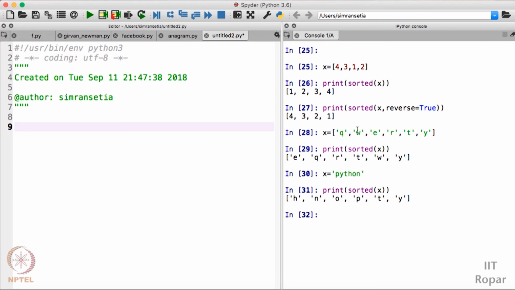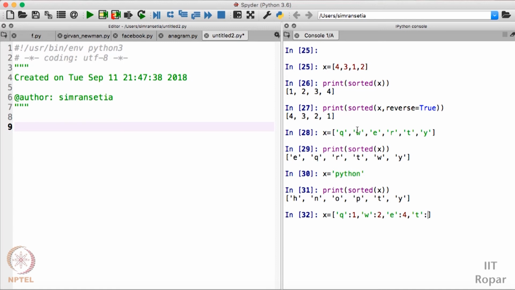And I hope that you're already aware of dictionaries. We can also use sorted to sort a dictionary. So how can you do that? I'll take a dictionary here and again name it x. So I'll write, for example, Q. Q is a key here and 1 is the value. Then I'll take W. W is the key here and 2 is the value. And then I have E here, for example, and its value is 3. And let's take one more value, for example, I'll just write 4 here, and then I'll take T here.